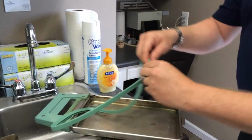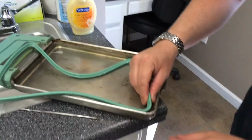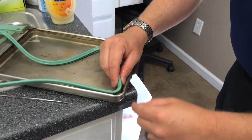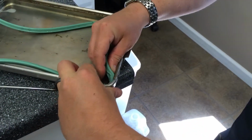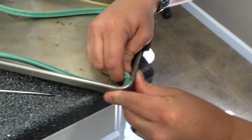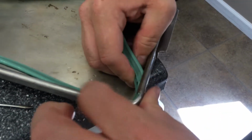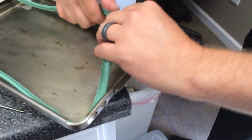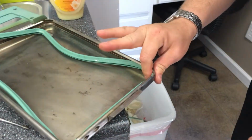So, there are little nubs on the gasket which correlate to these corners here of the cassette. So you start with the corner closest to you, and as you push it in, you'll kind of push the gasket so that you at least start off with those two nubs in place. You'll then go to the opposite corner here on the same side and follow that same procedure, giving a pinch